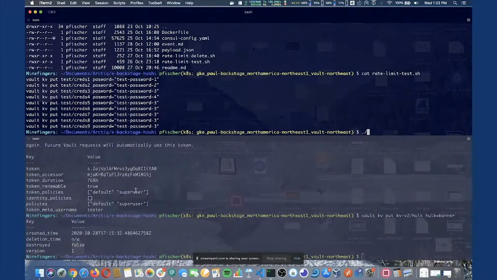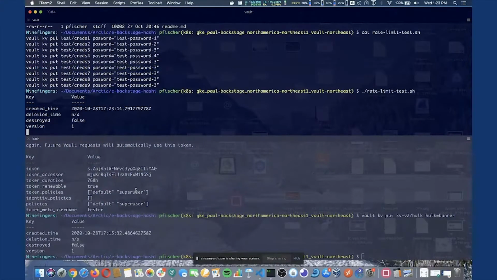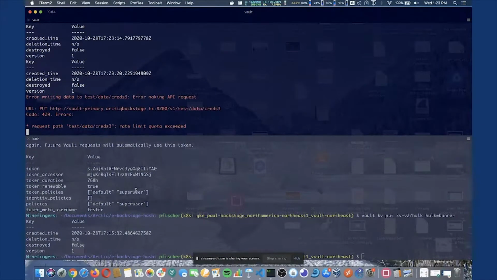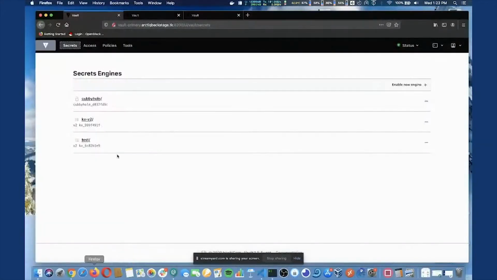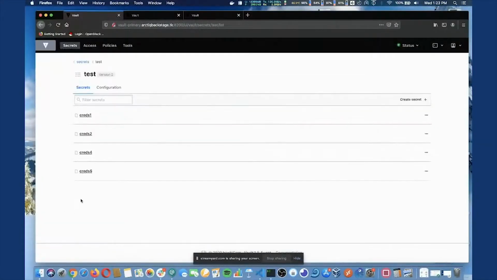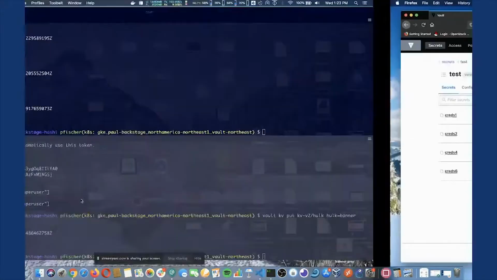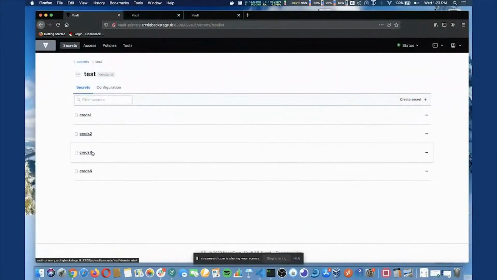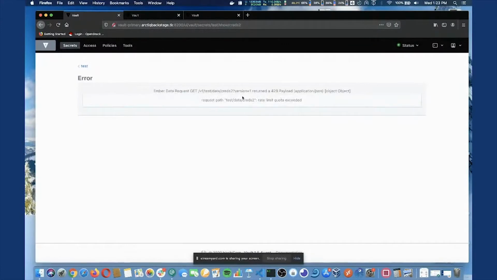So depending on how fast my computer can do this, it'll actually block some of them and allow others. So there's one that's hit the quota, exceeded. And the other important thing with this is that it's created a bunch of other ones. This is wide across the clusters. So if I start grabbing too many because the quota has been limited, it'll exit out